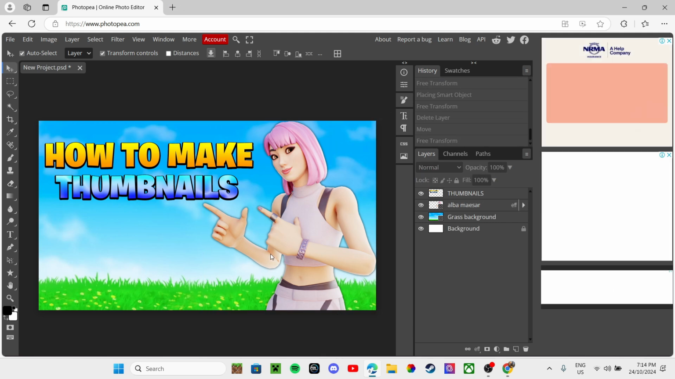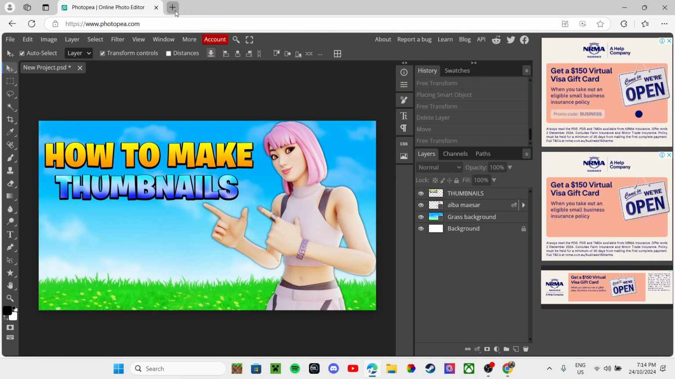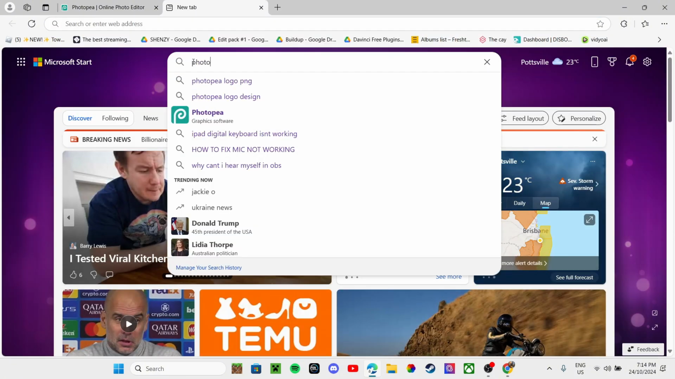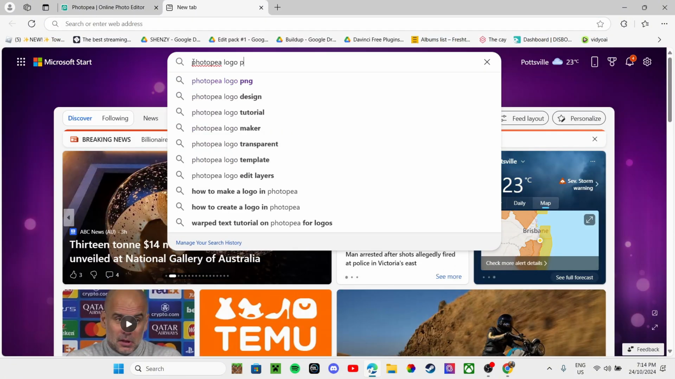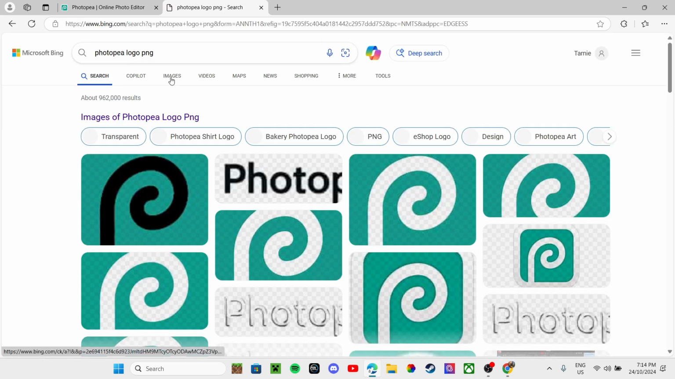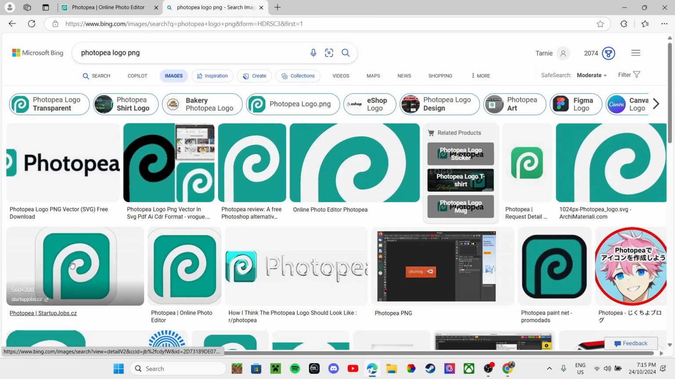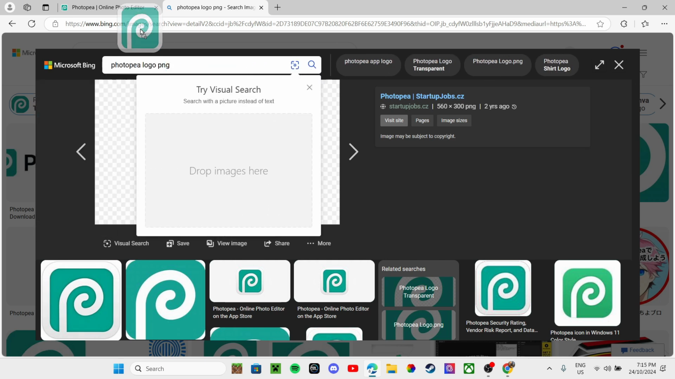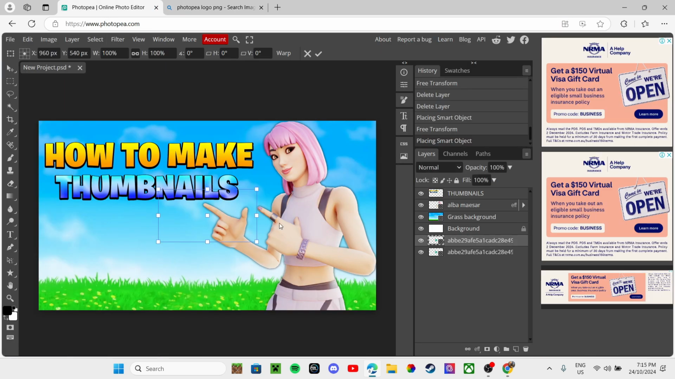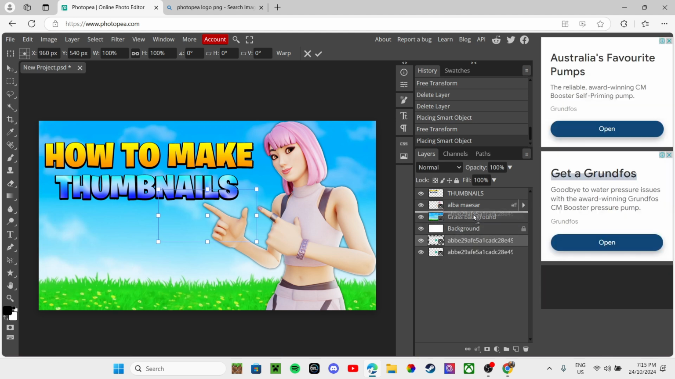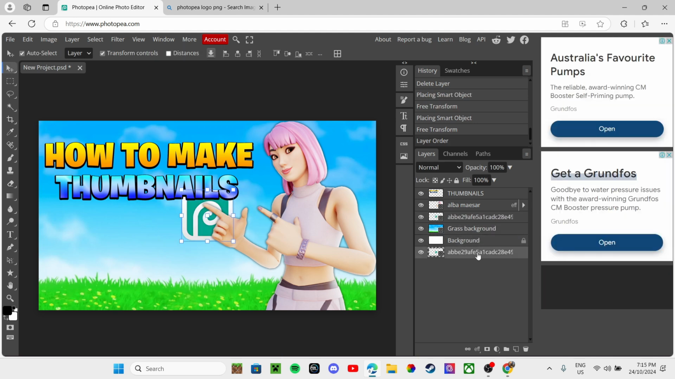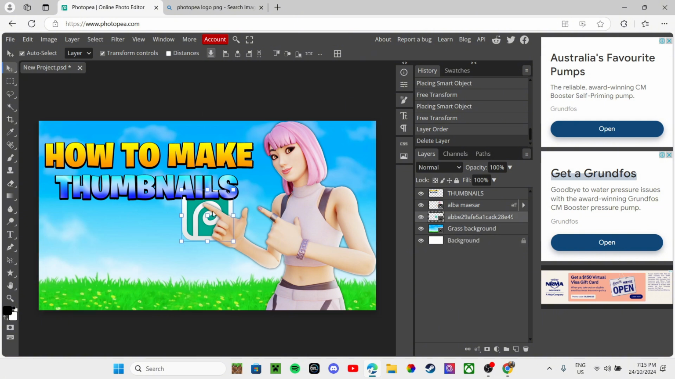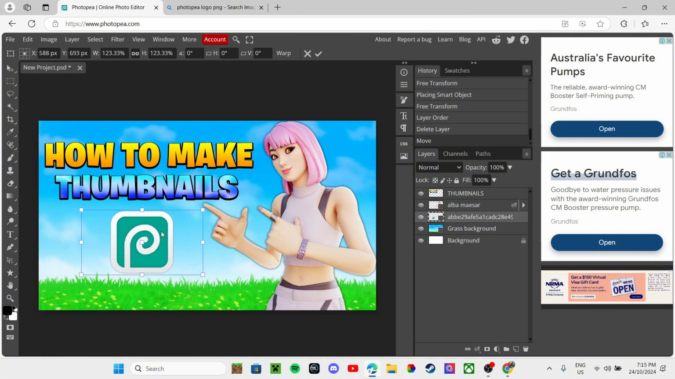So now we're going to be adding the Photopea logo. So search up Photopea logo PNG and then images, and then make sure this is the background like that, and then you can drag it into here, and then it's got to be over the grass background, and then so now you can make it bigger, so like maybe like there,